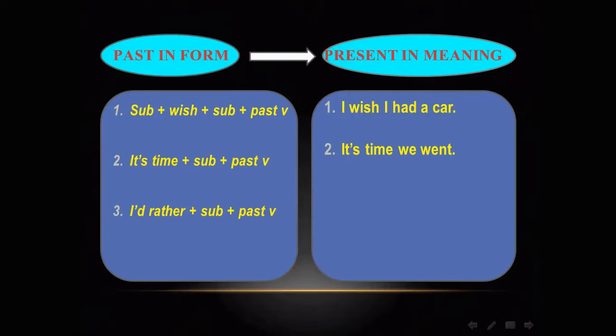لكن في حالتنا I'd rather plus subject، يبقى هنا we have to use a past verb. For example I'd rather you came home، يعني أتمنى إنك تيجي تتفضل عندنا في البيت. The verb came in past form لكن the meaning is present. The fourth case هي the second conditional، في الحالة التانية ب if. معروف إن if في الحالة التانية بيجي بعدها subject وكان past verb، لكن المعنى بتاعها فعلا the translation is at